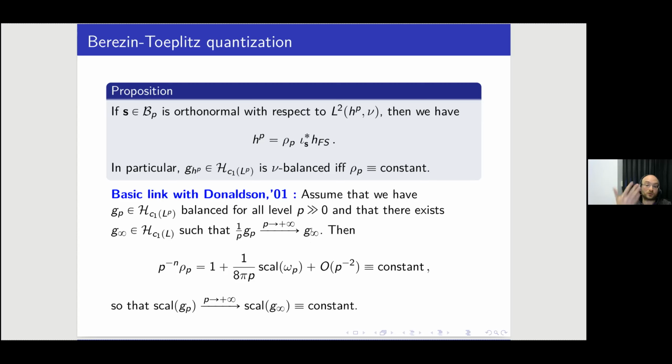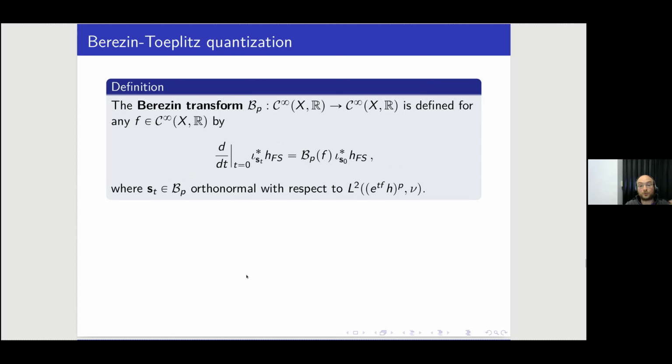And the theorem of Donaldson is a converse of this basic fact. It's not basic because of the hard asymptotic expansion of rho_p, but since you have this, it's an immediate consequence. And the whole point is to get a converse, so to speak, right? To do so, a basic tool, at least for us, is what is called the Berezin transform. In this context there is a purely quantum definition, if you wish, but I will give you the definition which fits best here, as the differential of Fubini-Study metrics